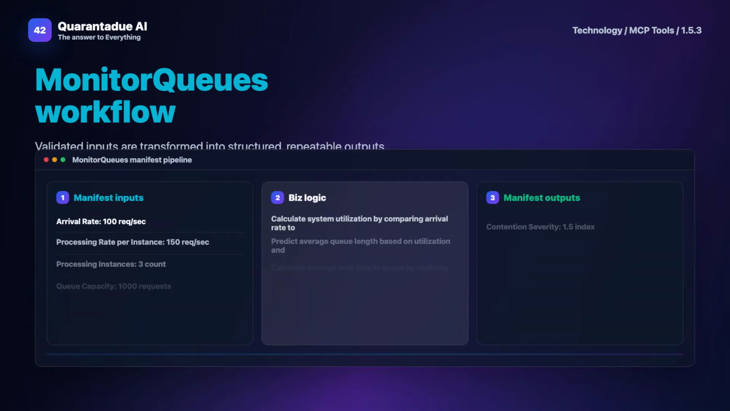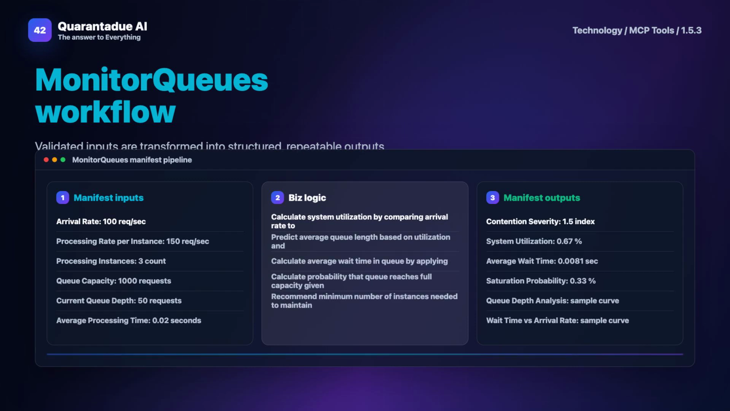The workflow then applies these steps: calculate system utilization by comparing arrival rate to total processing capacity across all instances; predict average queue length based on utilization and number of instances using multi-server queuing models; calculate average wait time in queue by applying Little's law to predicted queue length and arrival rate;